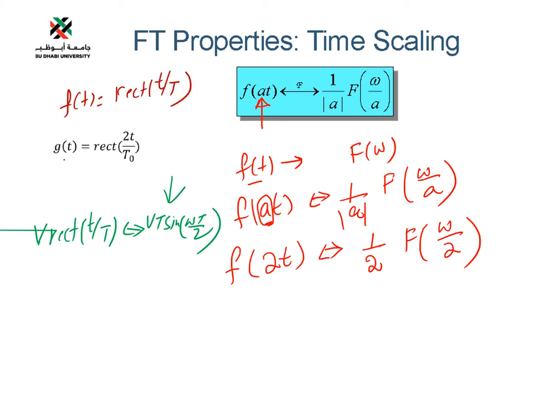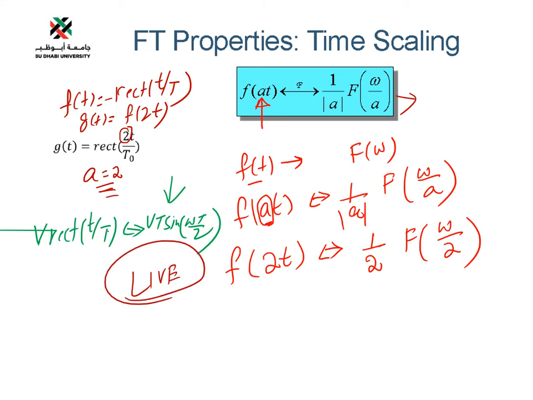You get another signal, g of t, which is actually f of 2t. f of t is rectangular, and now the time is being scaled by 2, so the value of a is 2. So now instead of recalculating this using the analysis formula, we can directly use this property and easily solve this. Try to solve this at home, and I will resolve this example during the live session. So remember, the time scaling property is: if in the time domain you are getting a multiplier, in the frequency domain it will be divided by that factor, and also the omega will be divided by that factor.